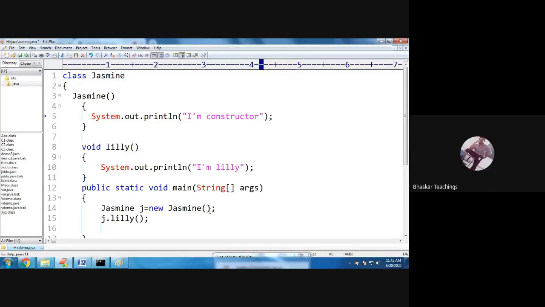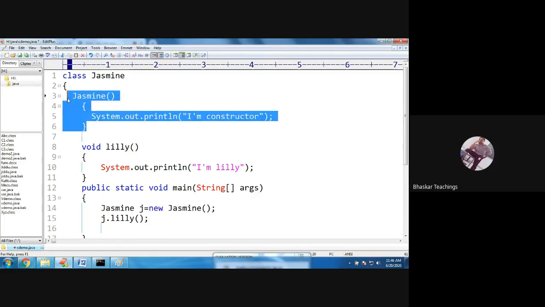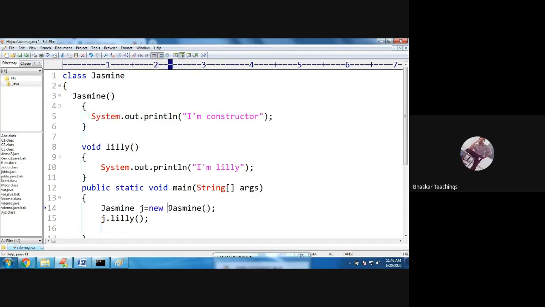Yes, first the constructor is going to be executed because at the time of object creation only the constructors are going to be executed, right? So there is a call to zero argument constructor, and here is the zero argument constructor. The control goes into the constructor body. Just like when the function is called, the control goes into the function body, executes all the statements and returns back. Same way, when a constructor is called, the control goes into the constructor body, executes all the statements and returns back.